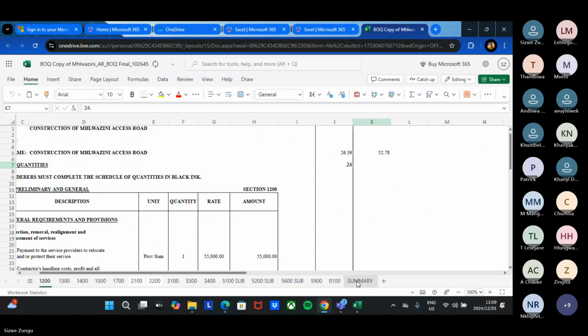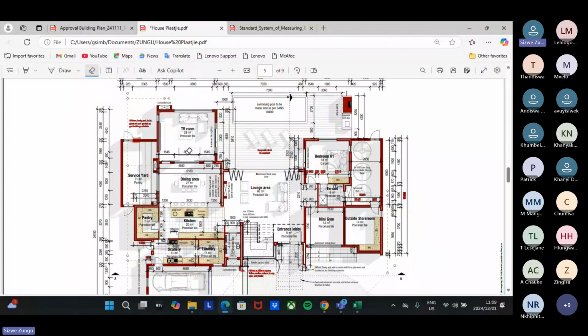Okay, let me just do the calculation another way, or maybe I can just send the calculations of the drawings I have. I'm also just gonna send on the group the drawings and also the calculations of the specific drawing, and